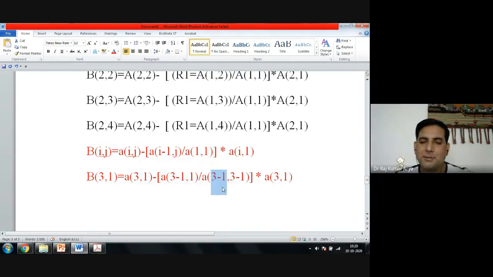ये मुझे चेंज नहीं करना है, मुझे I want somehow this also A1 comma 1, and even though I don't want to change this also, this I want to change, okay, 3 comma 1 is okay, but what about this here? Do I need to change this here? ये चेंज करना है कि नहीं, ये मुझे बताइए पहले. Do I need to change this?